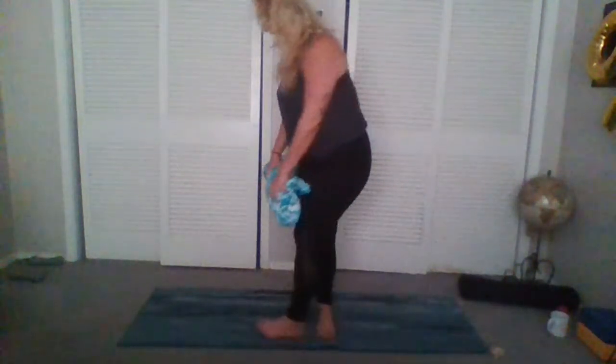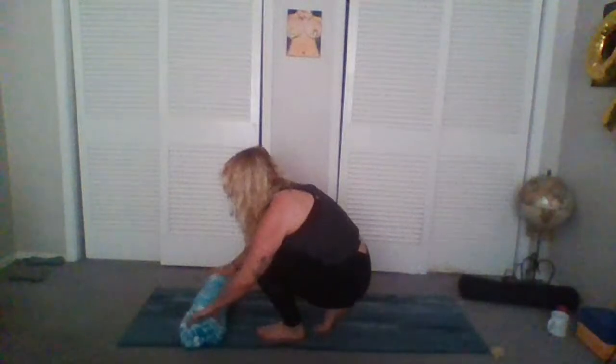So let's get started on our mats. I'm going to set my tea over here. I'm going to go ahead and recruit either my blanket or my bolster. So if you've got a blanket, just roll it up, so you've got a nice little hot dog bolster. Yeah, just like that. Cool. We'll bring it across our mat like this